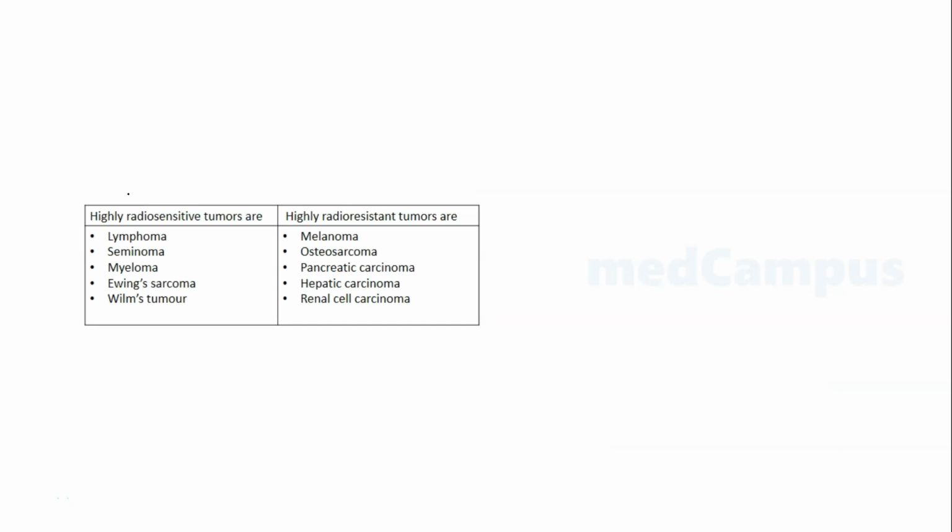So we have highly radiosensitive tumors. I read it in Orthopedics, Maheshwar is saying that Ewing's sarcoma melts like ice. This is the dictum word they give. It melts like ice with radiation. Similarly, seminoma also has been given a characteristic representation in Bailey and Love. Seminoma also melts like ice with radiation.